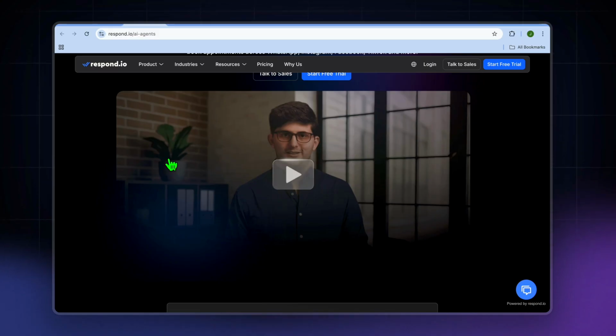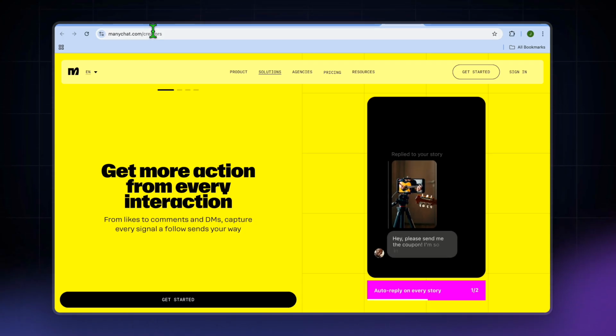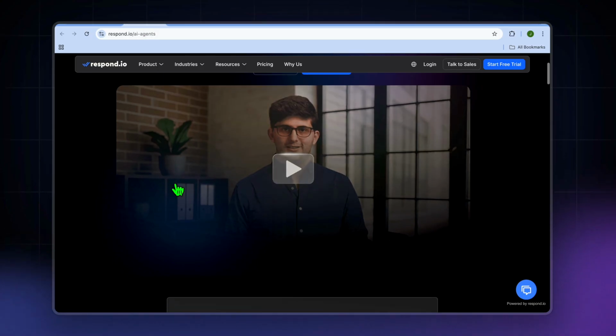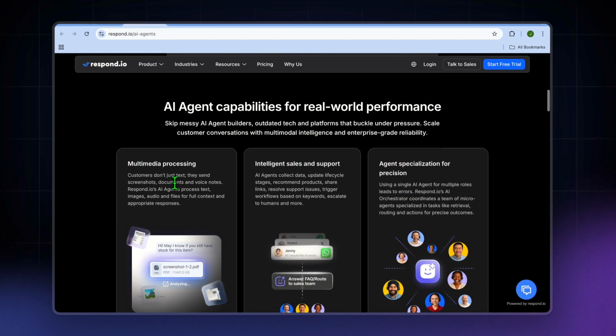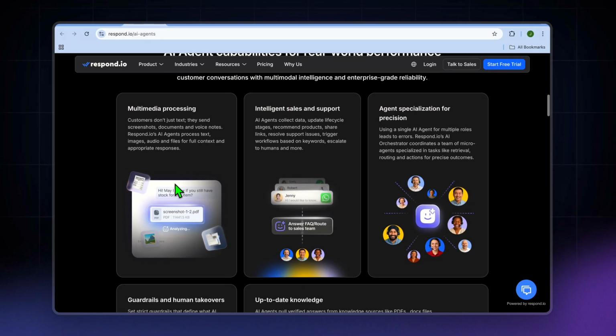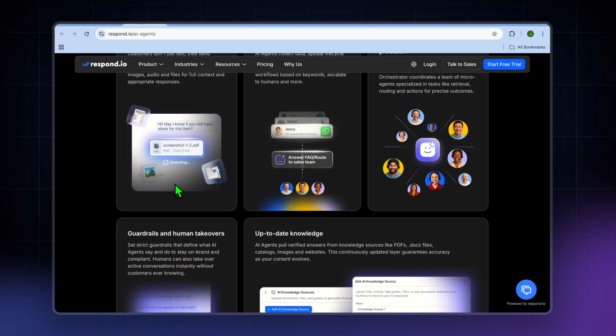Now, the one difference that decides it. ManyChat is strongest when your goal is lead generation and DM campaigns, while Respond.io is strongest when your goal is managing and routing conversations across channels with a team. So the real question isn't which is better, it's: are you doing DM marketing or running a messaging operation? Now let's do a quick head-to-head on what matters.